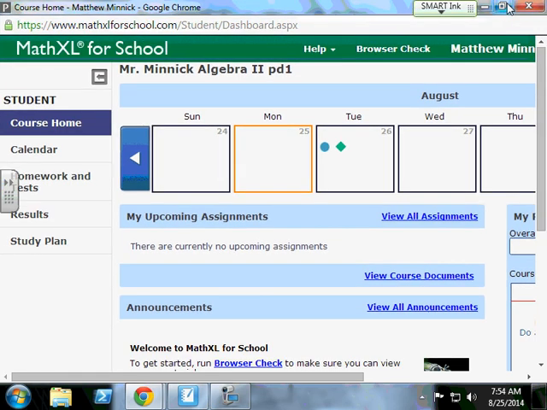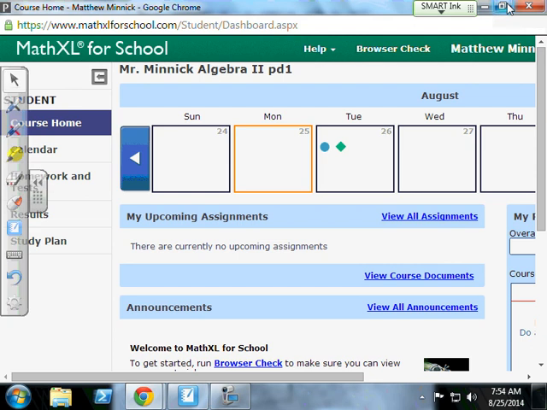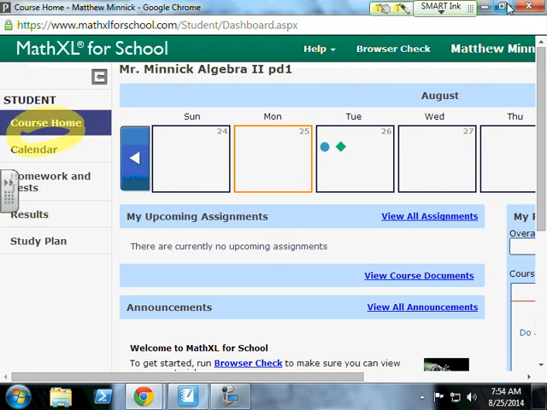And so here's the home page of this MathXL when you get logged in. If I could direct your attention to the left side of the screen, I got this new smart software, so if I seem like I'm a noob, well, I kind of am with this. So on the left, you've got course home. Honestly, this screen isn't real helpful. It's got all these weird things and you don't know what all that's about. But if you hover your mouse over those two little items, it says that, hey,